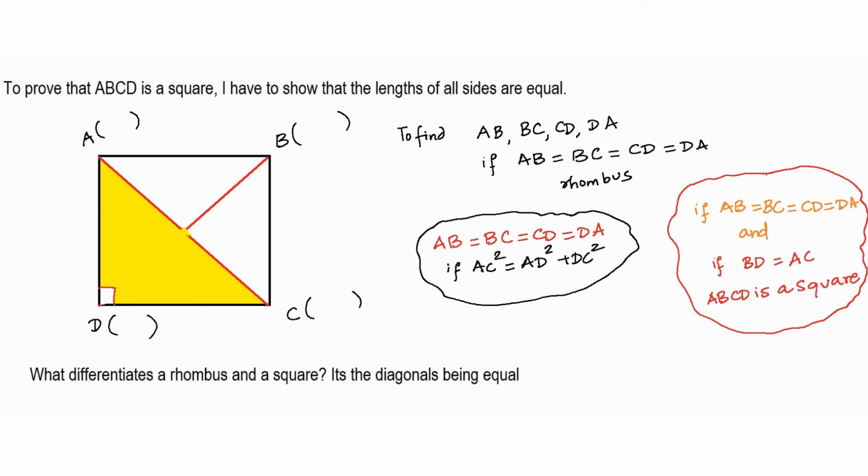So there are two things that you can do. One is you show that all the sides are equal and all the diagonals are equal. That's one technique. And the other technique for you to use is, you can show that all sides are equal, and if the Pythagoras theorem holds true in one of the triangles, you can say that I have a square. So these are the two ways by which you can prove that the given quadrilateral is a square. Let me again pause for a few seconds before taking up the next shape.